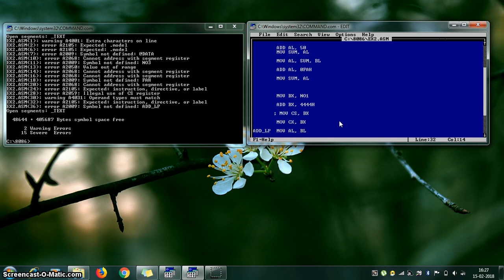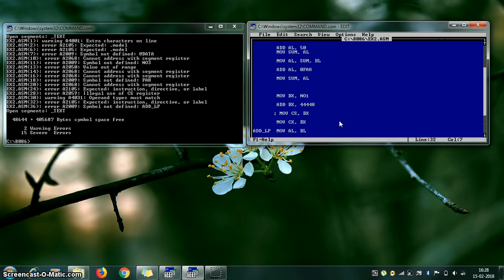Okay. Now again at line 32, expected instruction directive or label. The reason is that the instruction is absolutely correct, there is no problem. The only reason is this label, add underscore label, which is not properly defined, creating confusion for the assembler about whether this is any part of the program or something else. So actually this is one label name. You should assign a name to one memory address, here the address of this MOV AL comma BL.